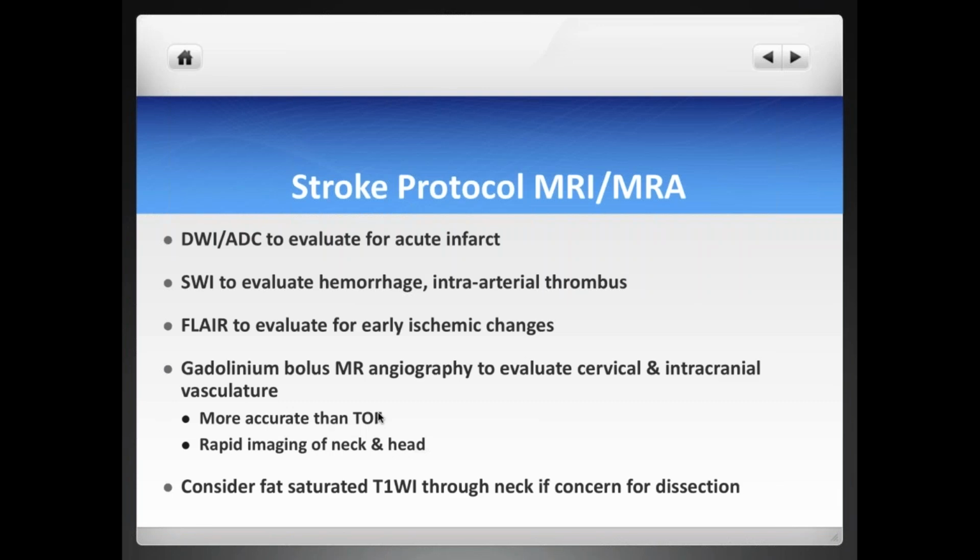We typically use what we call, in most of our institutions that deal with stroke, a stroke protocol for MRI, which basically focuses on certain sequences that are very relevant for a stroke. Remember, MRI is the most accurate tool to determine the stroke core. With DWI, we can accurately measure what the stroke core is, so we'll have a good idea of the size of the stroke.